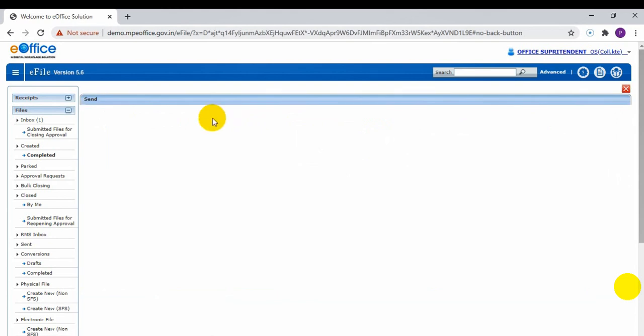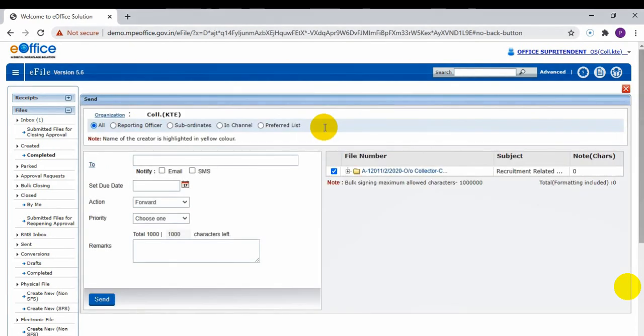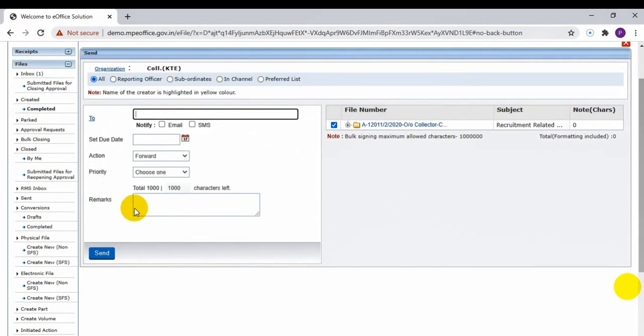So this screen has come. As usual, we need to enter someone's details, and below it is not asking for digital signature, as digital signature is not inserted, and in this login no registration of DSC is done. Now in To, let me send it to some OIC like deputy collector. We can directly type details of deputy collector or can take from contact list if it is saved.